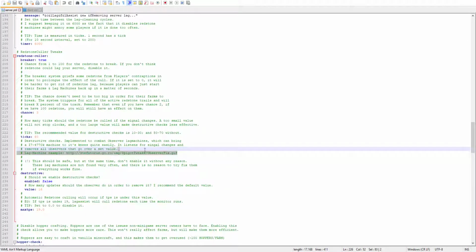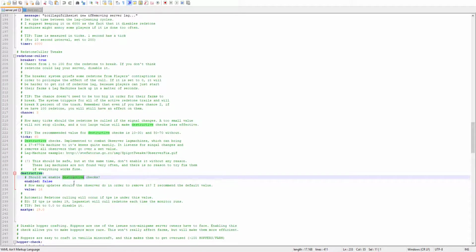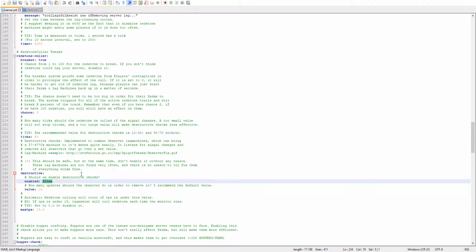And the destructive checks that I was talking about allow you to destroy large machines, like the one here. It's observer-like machines. Observers are not considered redstone, so plugins that just clean redstone or redstone clocks can't really detect observers. LagAssist found a way to fix it, and the destructive checks allow you to basically nuke all the observers that have more than 16 changes in the time of the redstone cooler. This is pretty